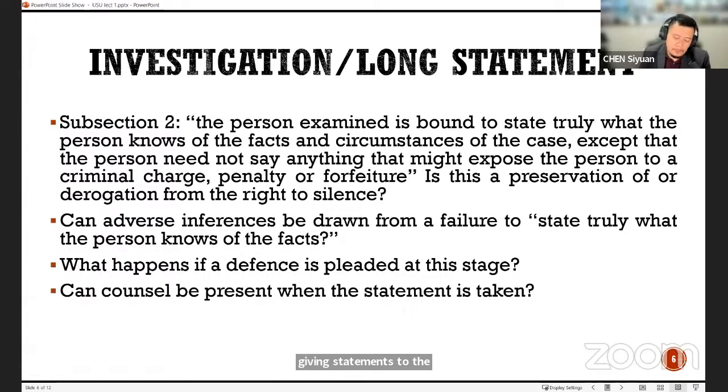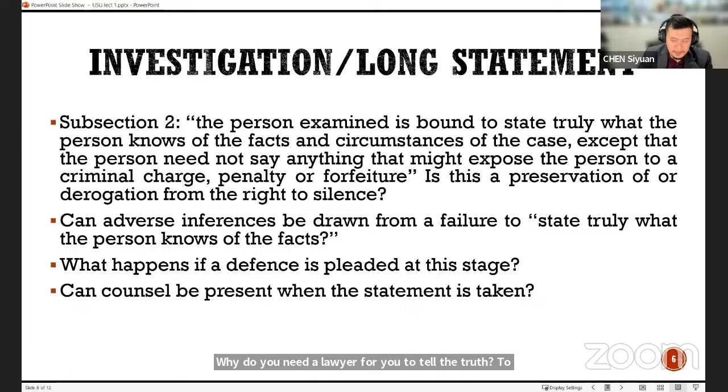So on one hand, one could say, okay, this is problematic because the accused might make mistakes. If the accused doesn't know the law, if the accused isn't thinking strategically, the accused might make mistakes, which may then hurt him or her down the line. But the other point of view is, if you're truly innocent, why do you need a lawyer? Why do you need a lawyer for you to tell the truth to the police? Why do you need a lawyer to point out facts that would exculpate you?